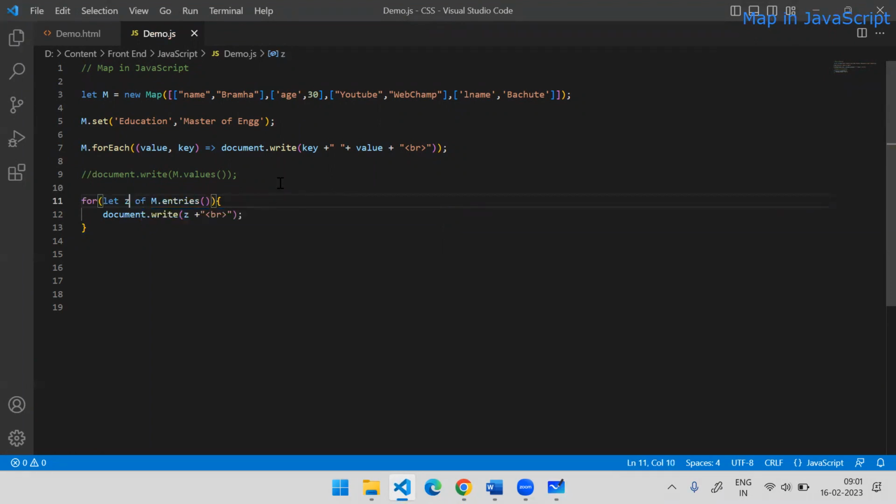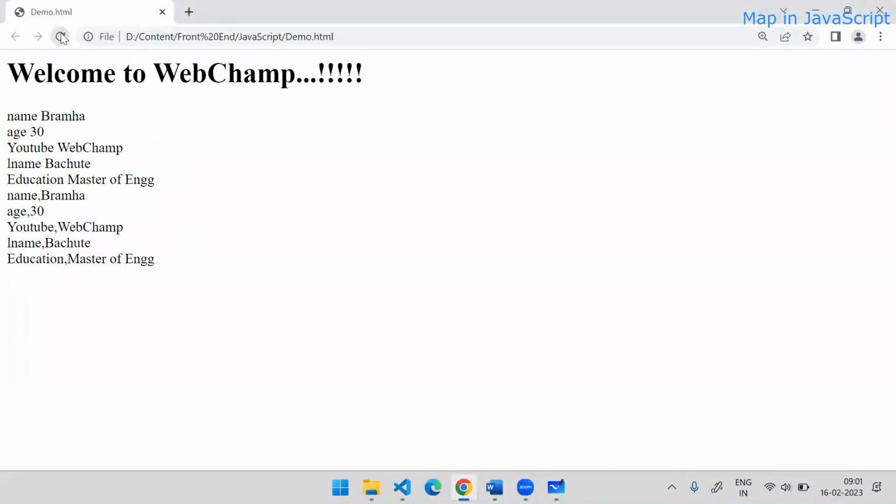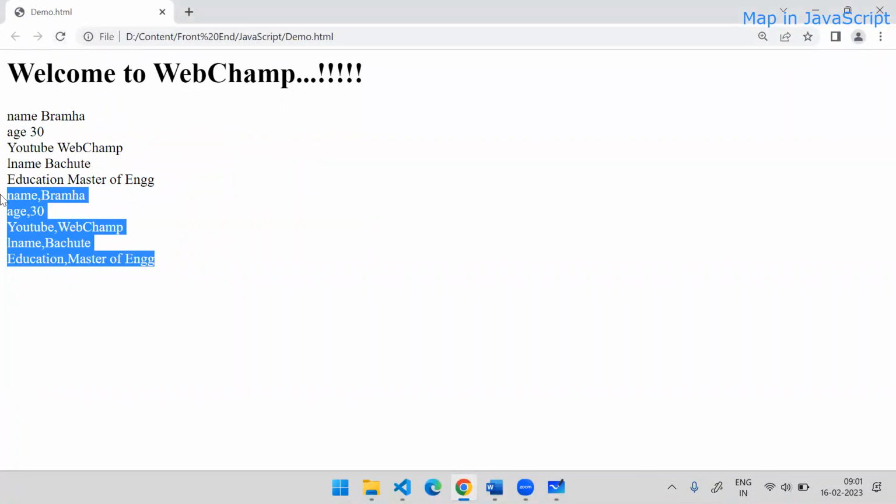I say z, yes, that is fine, but it will return both. We don't need to pass separate key and value. The for of loop will not allow that syntax, but entries will return a comma separated key and value, key and value, key and value